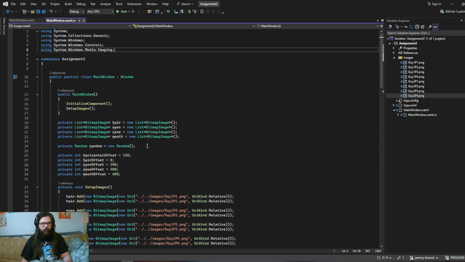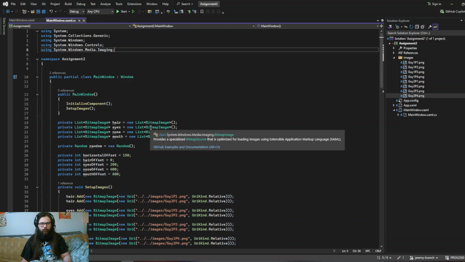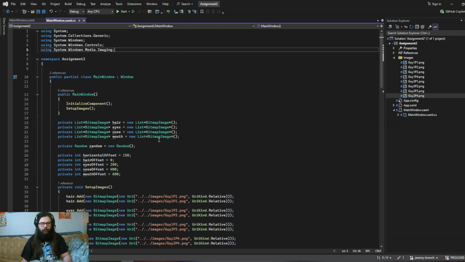I guess I'll just start from the top. Here I have four lists of bitmap images, because there are eight total images and there's hair, eyes, nose, mouth. Even though it doesn't save that much time from writing and using, it is nice enough just to have these in lists since there are two of each. Then a random, that's for the random, and then I made variables for the offsets, so